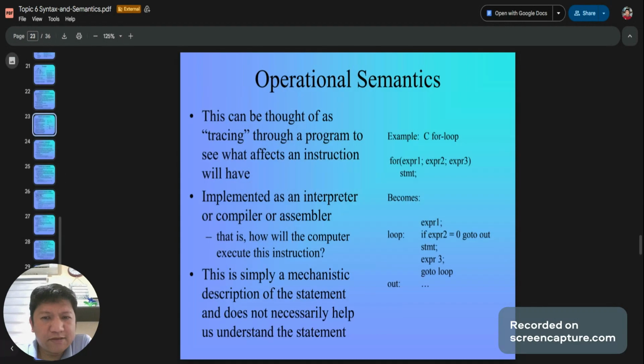The operational semantics, okay, for loop: first expression, the start, second expression is the limit, the last expression there in the for loop is the step, and then you have the statement body or the loop body.